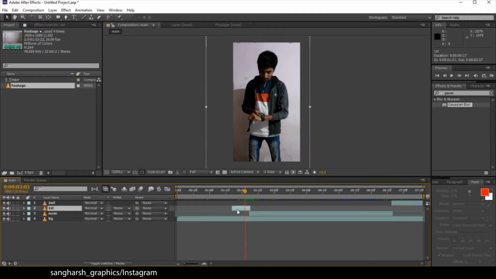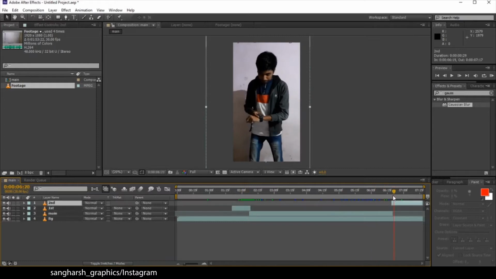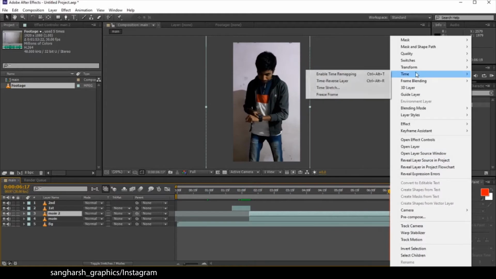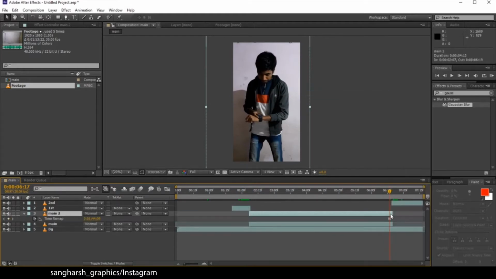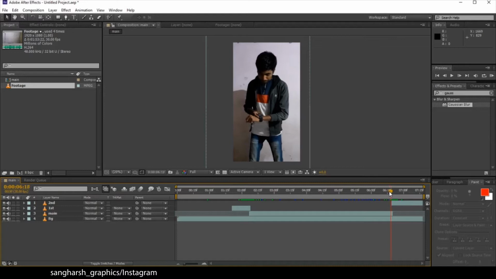So here is the freeze frame of the first, and here is the freeze frame of the second. Just the same process, Control D, duplicate it, right click, Time, Freeze Frame, and drag this from here and this from here. I just made the freeze frames like this because we are going to need them. I'm going to tell why.